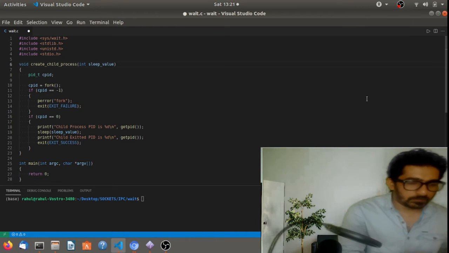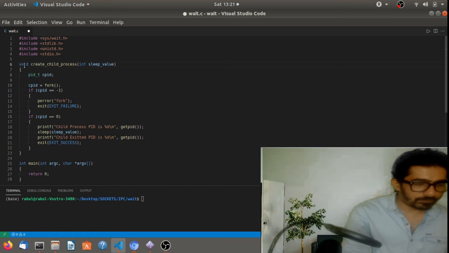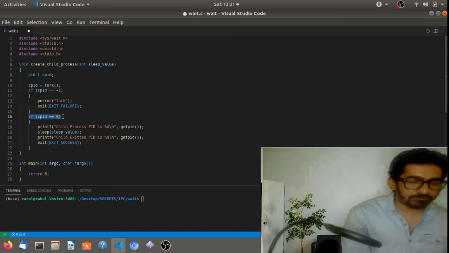So let's start. Here I have created one function for creating the child process. We are using the fork system call, and we are checking the return value for this child process. If it is 0, then it is printing the PID and it goes to sleep.